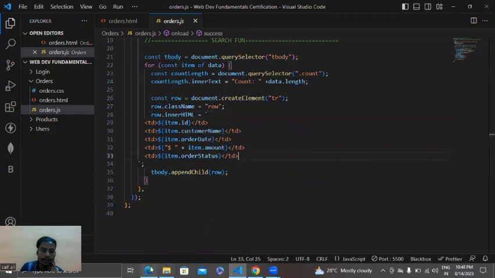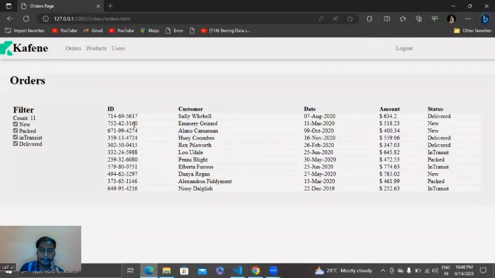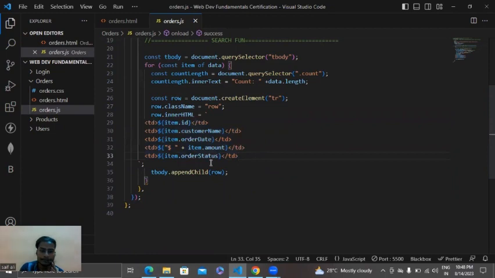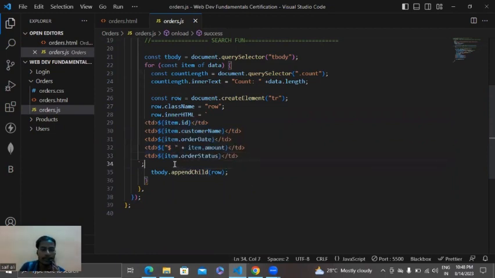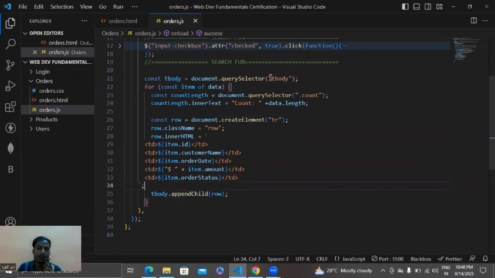As you can see inside the page, ID, customer, date, amount, and status, which I have created here dynamically by using jQuery. After I have created all the needed columns, and all the TD,